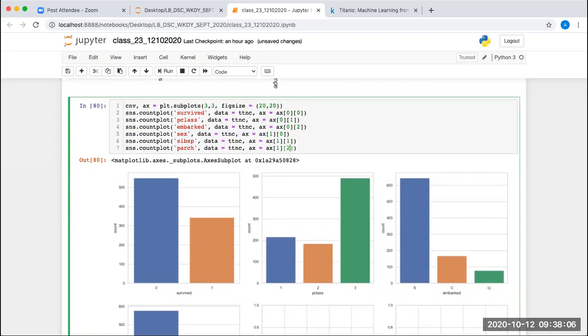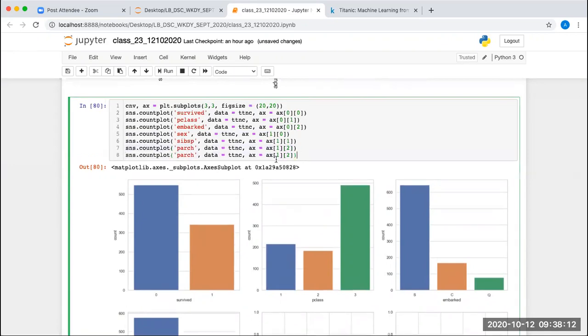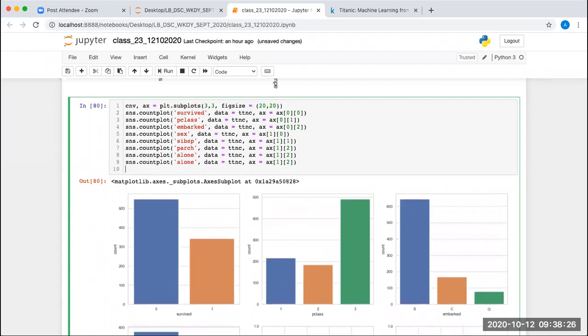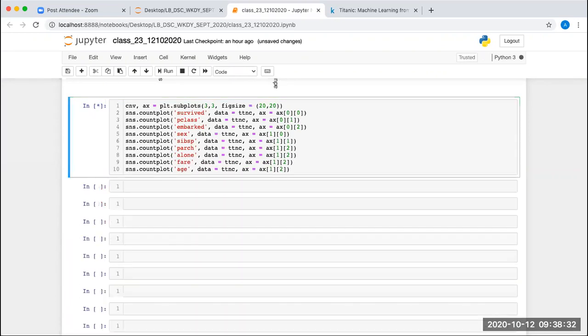Okay, and next we are going to have alone, and also let's plot the fare and age. So I pass fare and age, and do this.